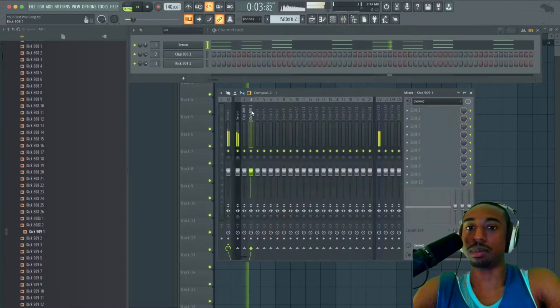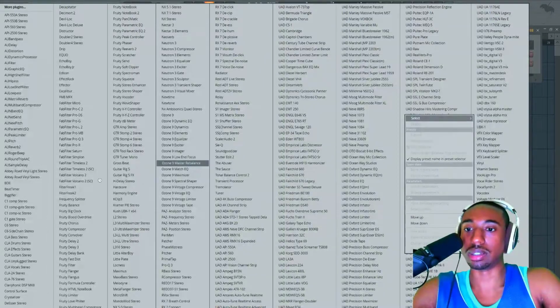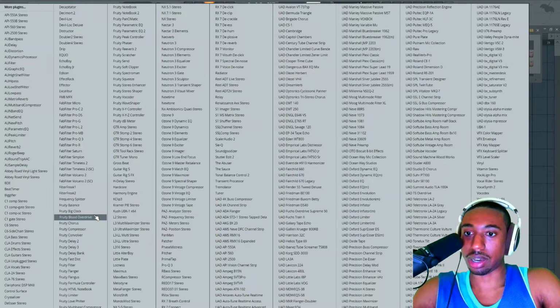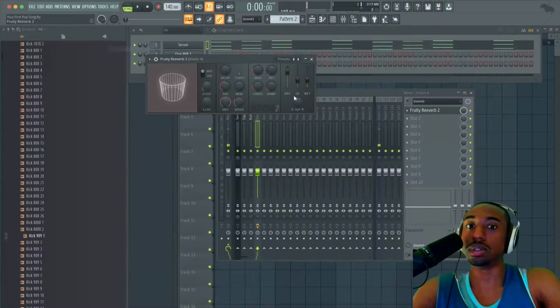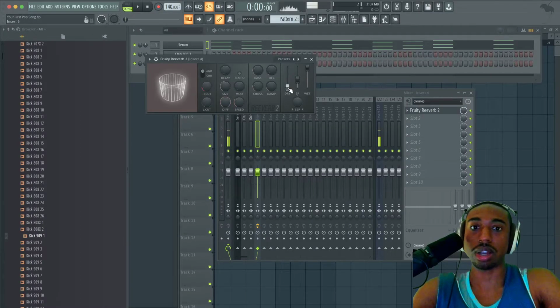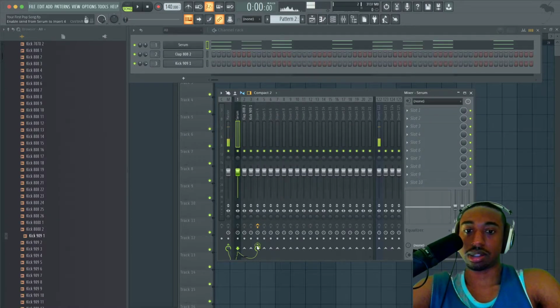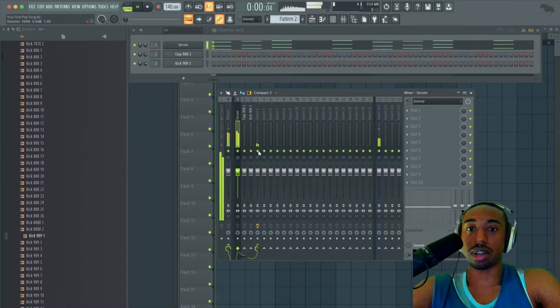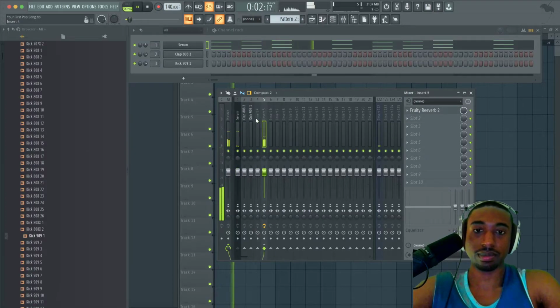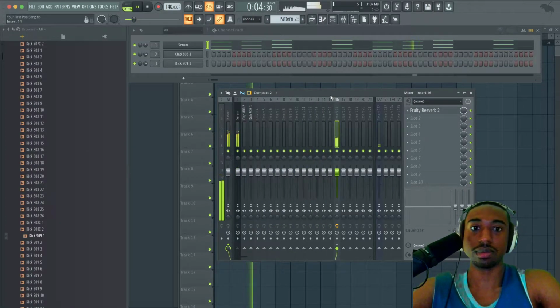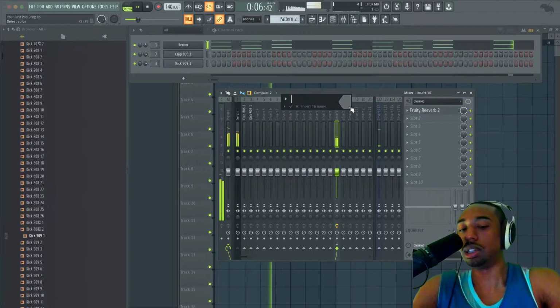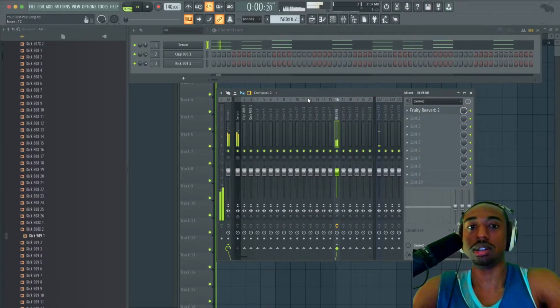And I'm gonna set up a reverb here so that we can get a little more of a big sound going. Let's do Fruity Reverb 2. Turn up the wet level all the way, dry level down, pull that out, pull this up, pull this up. Again, you'll get the project file so that you don't have to memorize all this, okay? So we're gonna send it to the reverb track. So now this sounds a lot more wide and alive.